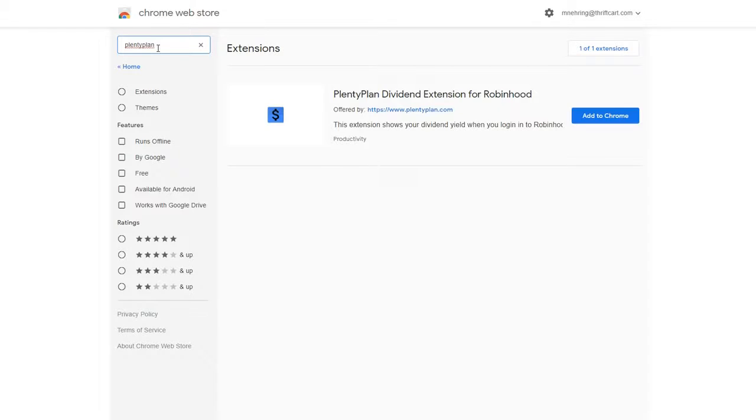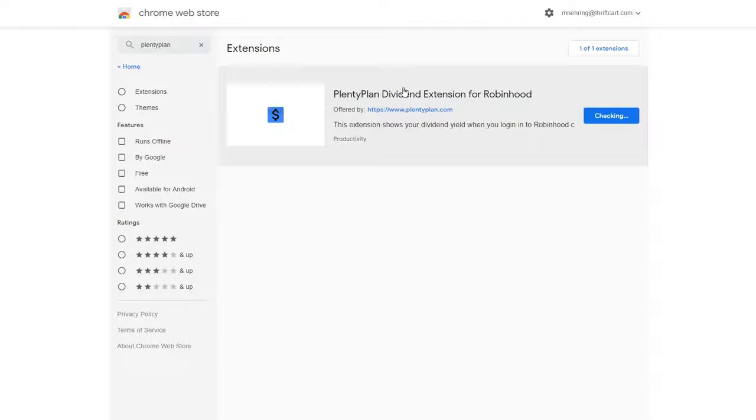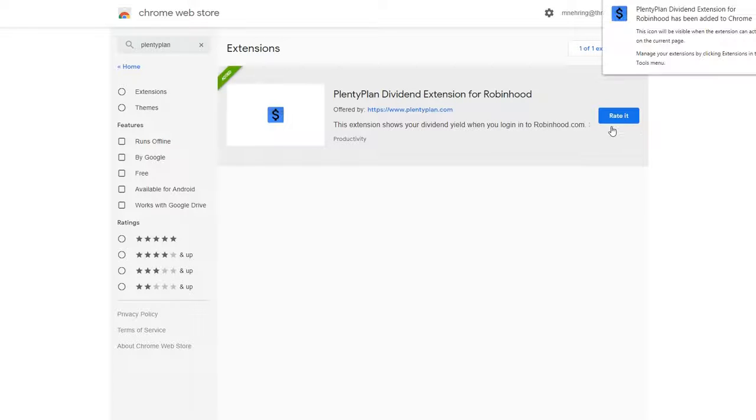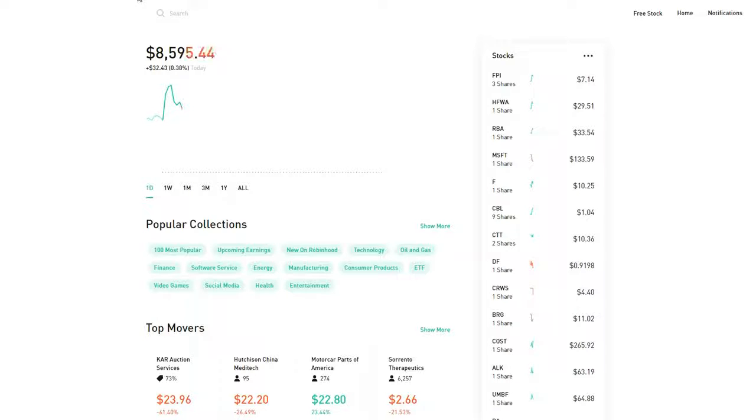When you get over there, you'll see the Plenty Plan extension, dividend extension for Robinhood. You just go ahead here and hit Add to Chrome, and it'll think about it for a second. You got to acknowledge the warning. This obviously reads data for Robinhood.com. It reads your dividend history from Robinhood.com, so it needs that permission, and you just hit Add Extension. Then Chrome thinks about it for a second, downloads it, adds a little icon, and then we can pop back over to Robinhood.com, reload the page,